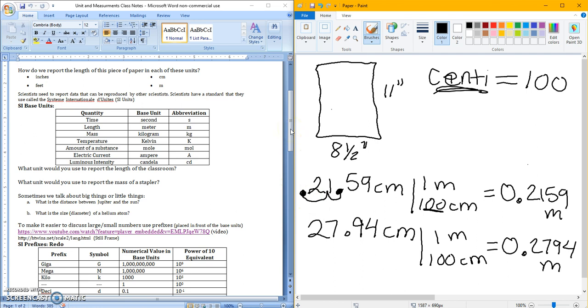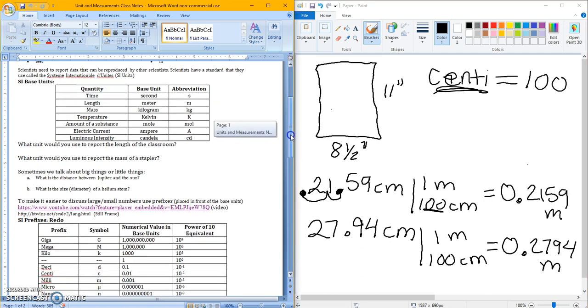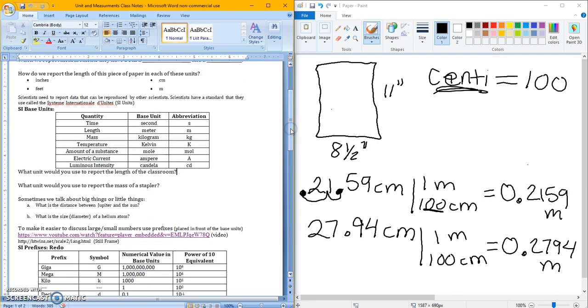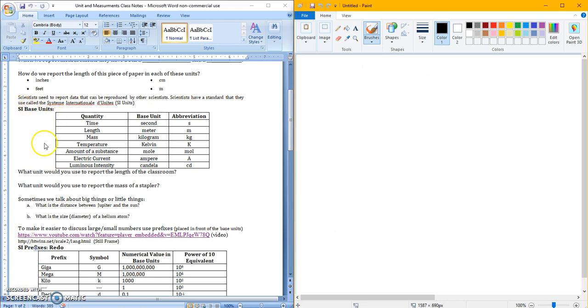Now, the metric system has a lot of prefixes, which are listed here below, and we will go over those in just a minute. But first, let's take a look at what we call SI base units. So SI base units are what scientists call Système International d'Unités. That's French. But anyway, it's basically the units that we use all around the world in order to keep our